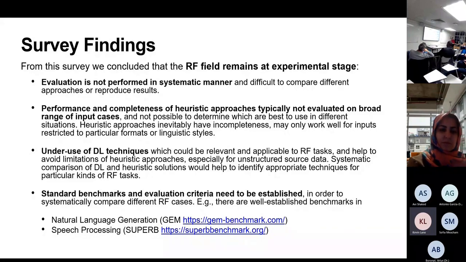Now, other communities like NLG and speech processing have already established this kind of evaluation framework and case studies, and that has helped to establish and develop these fields. Okay, next slide.